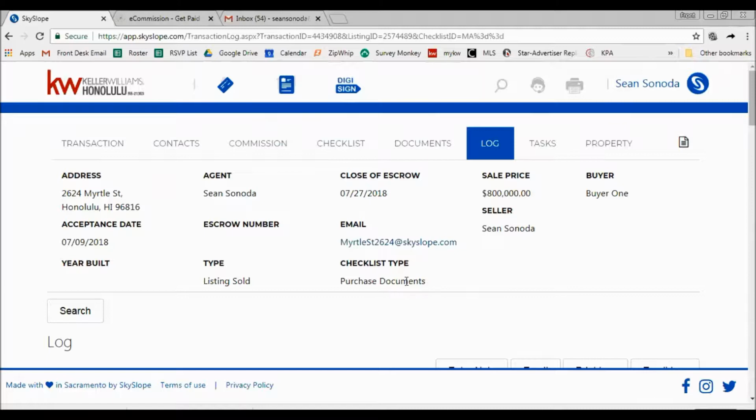So now, see this email address right here, Street264@skyslope.com. That is specific to this file. So if you're CCing this email on all your email communication with your other agent and your client, it would all be stored in here as your communication log. However, it's hard to CC this email address on every email communication you have with the other agent, escrow, your client. So what I do is, if you go on to